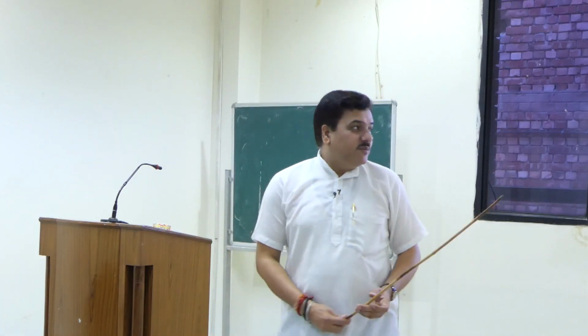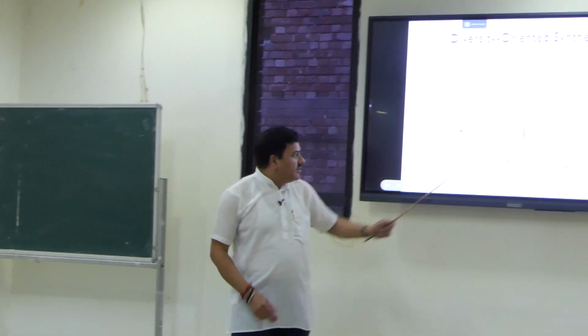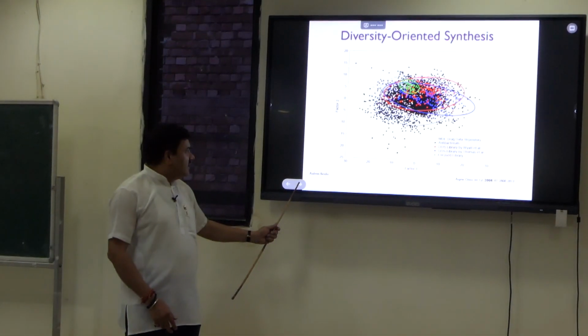Think about nature. Nature makes all different types of molecules: terpenoids, alkaloids, steroids. Have you thought about what the biosynthesis of those molecules is? Their precursor is the same. From the same precursor, by using different enzymes and different reagents, you get different molecules. Same is here. From similar precursors, you are able to make all different types of molecules in diversity oriented synthesis, and then